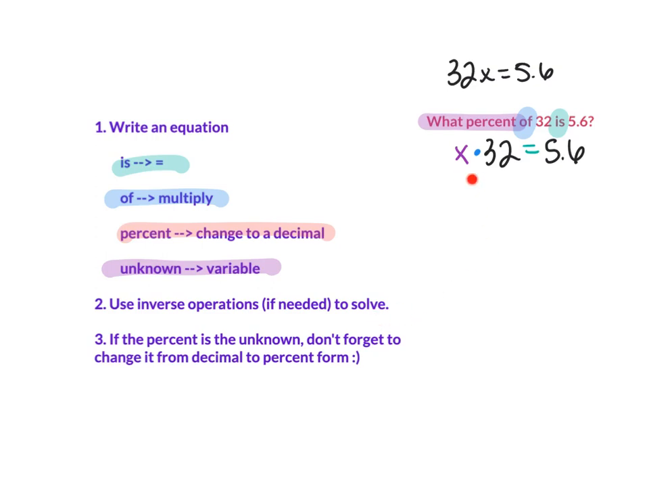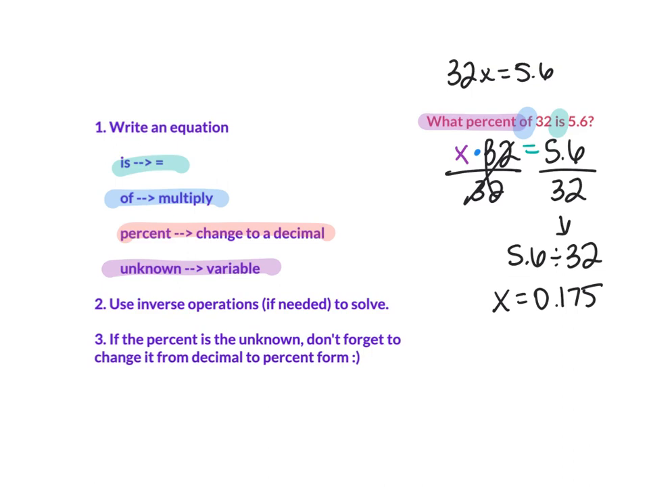Now, do I need to use inverse operations to solve? Yes, because the variable is with the number. I have a coefficient, so I have to undo that multiplication. What's the opposite of multiplication? Division. So I'm going to divide by 32 because then those cancel. But what you do to one side, you do to the other side. Now, be careful with the order of your division. This means 5.6 divided by 32. When you do that, you get